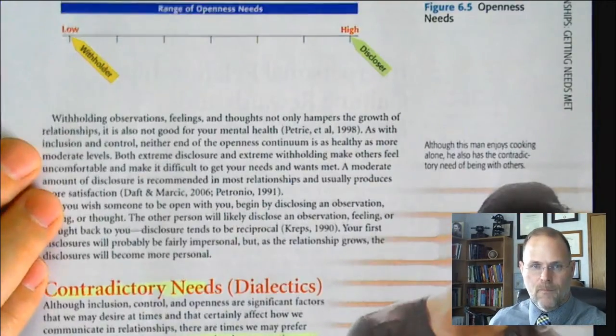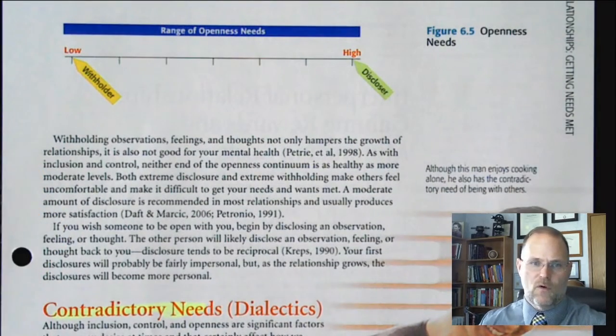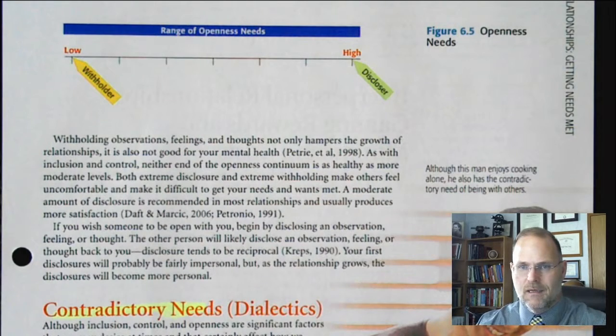All right. So, range of openness. If you are a low openness kind of person, you're the introvert, the enclosed person, the withholder. I don't share my personal data type person. You are low. You are a withholder. If you're the person that walks up and just tells you your entire life history, every drug you've ever done, every sexual partner and position you've ever been in, any of those things, that is a high disclosure.